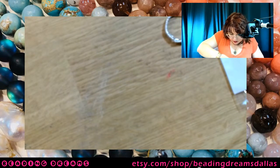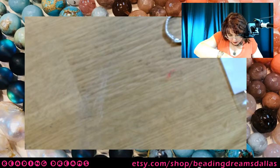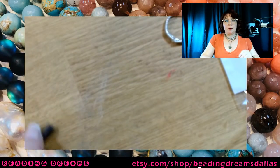And so even though I did thin out this bezel with my sanding drum before I did all the soldering, it's still a little bit stiffer than your typical bezel, so it